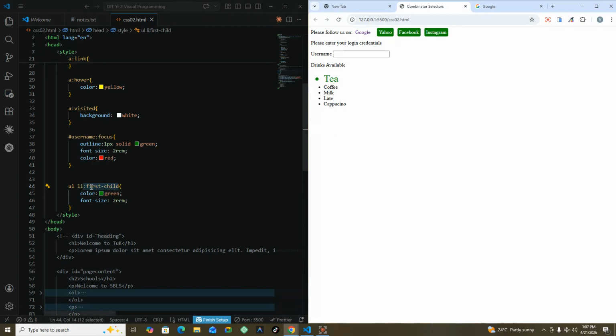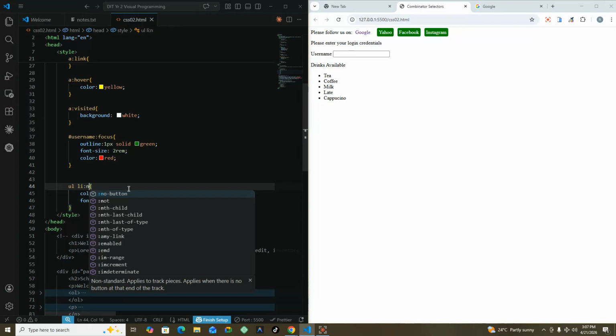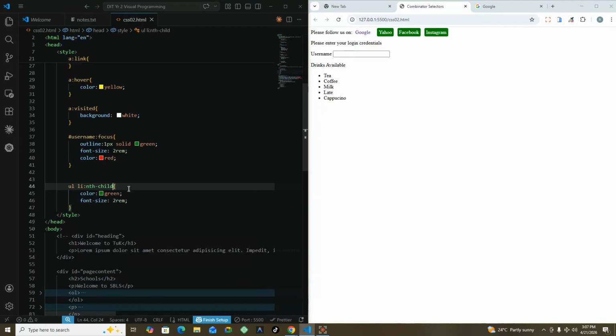If I wanted the last child, I'll put here last child. So it will get the last child, which is cappuccino here. What if I want the second child? How would you put the second child? I'll say nth child, then I specify the number, and they start from 0, so I'll put nth child 1 to select the second one. Okay, actually they don't start at 0, they start at 1, so they're not like arrays, so that will give me that particular one. So if I put 3 or 4 or 5, you're seeing now that at that point